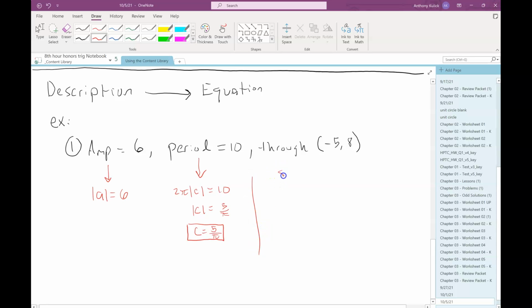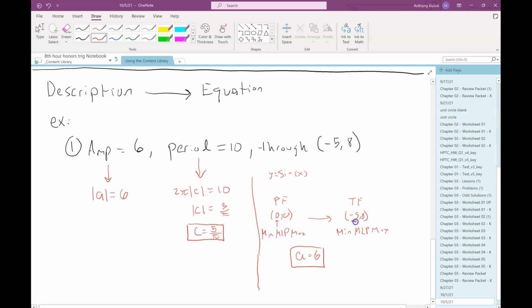So if I'm going to do a sine function, where do you think I want to put negative 5, 8? What's the point from the parent function that I'd prefer to use if I'm using sine? 0, 0. What type of point was that? That was the midline point. So what I would do is for my transformed function, I would pick negative 5, 8 to be the exact same kind of midline point. So that tells me that since they're the same kind of midline point, that a needs to be positive,